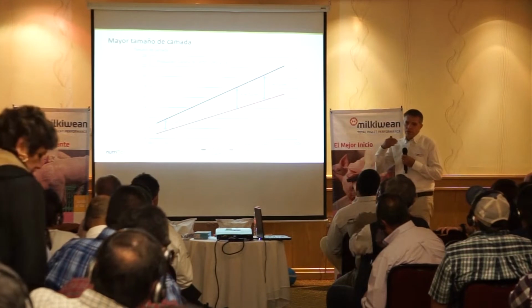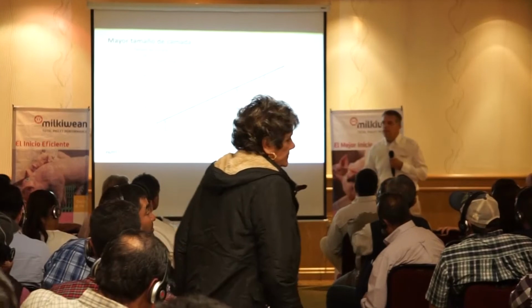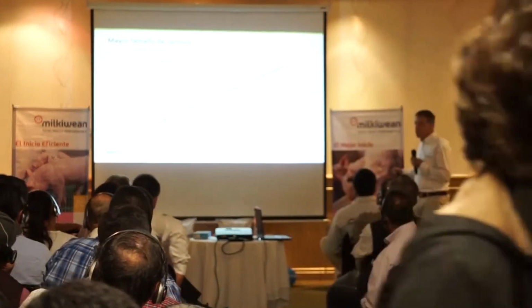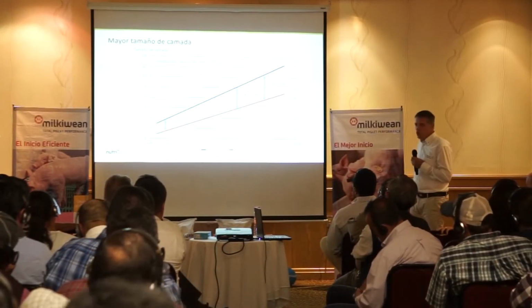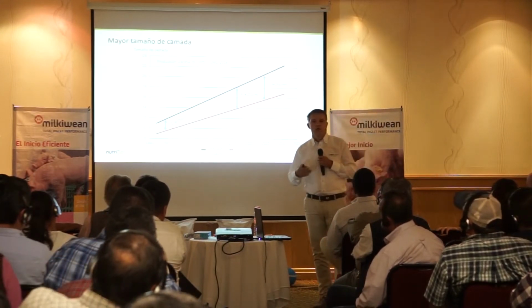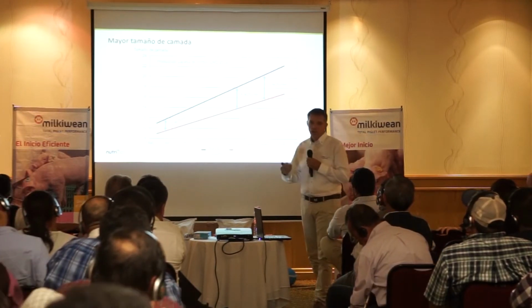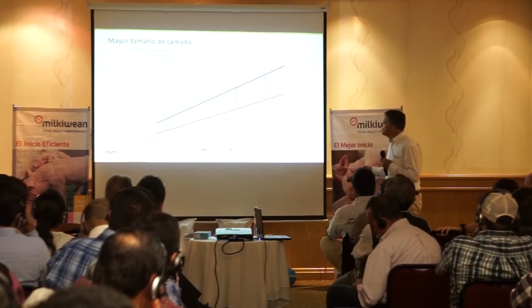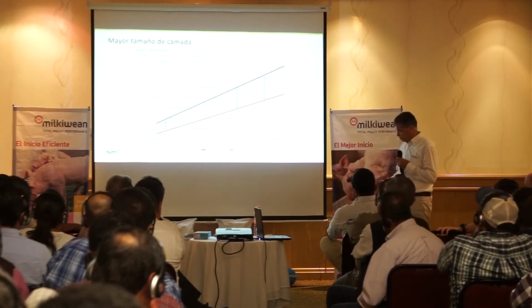And what is, I think, more important, and that is also what I want to talk about with you today, is the difference between the total born and the number of weaned piglets. Because in 1992 we had 2 piglets, and that has now increased to 4 piglets that are stillborn or lost in pre-weaning mortality. And I think it's a challenge for us as an industry to break that trend and try to reduce this number from 4 back to 3, or maybe even less.